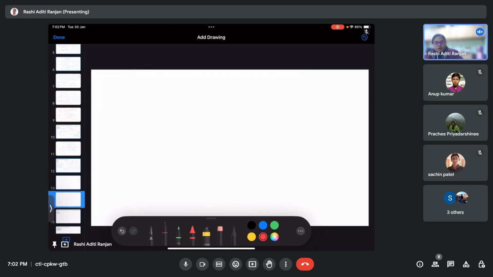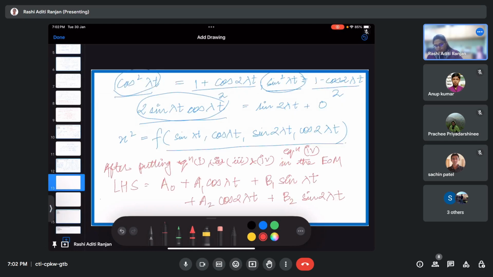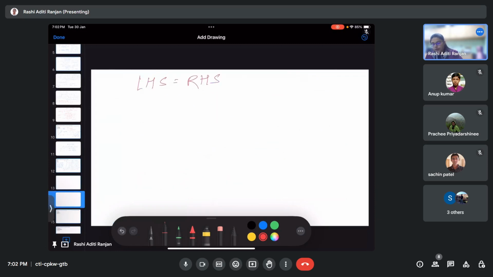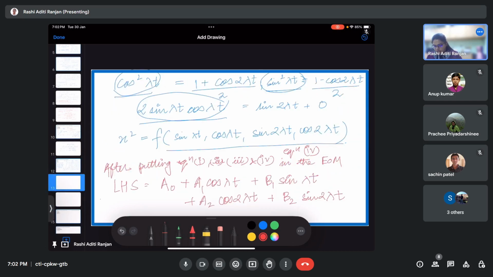So now as we got the LHS, if we equate LHS equals RHS, what can we see? Our RHS is F sine of omega t, and our LHS has terms like this. So since our RHS has,